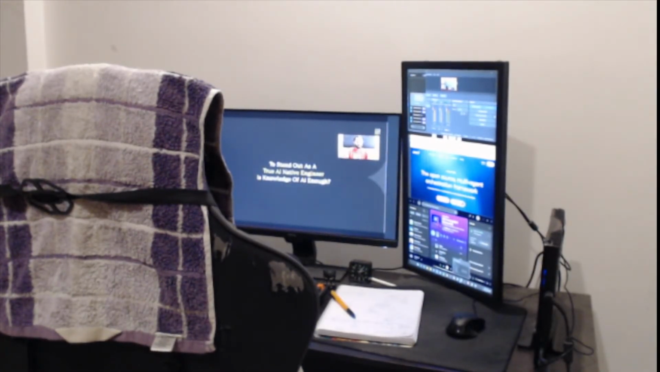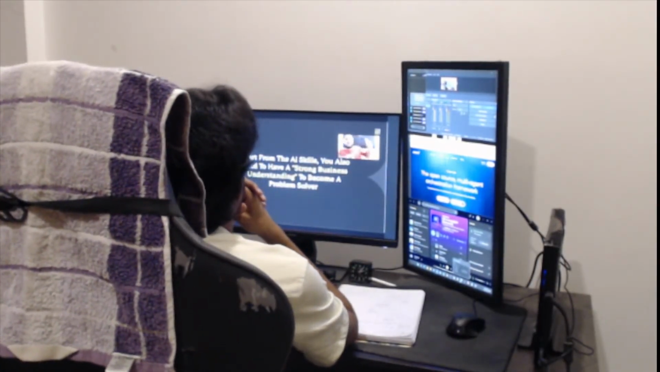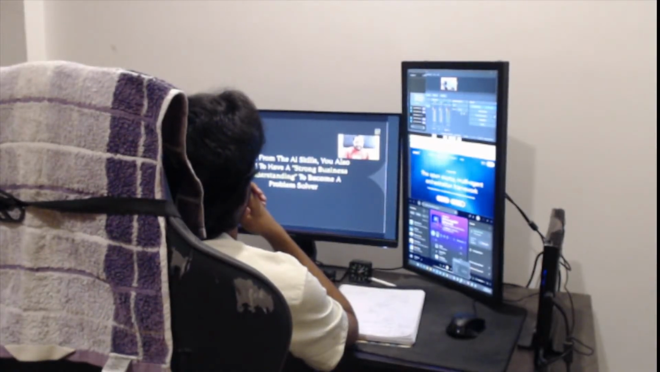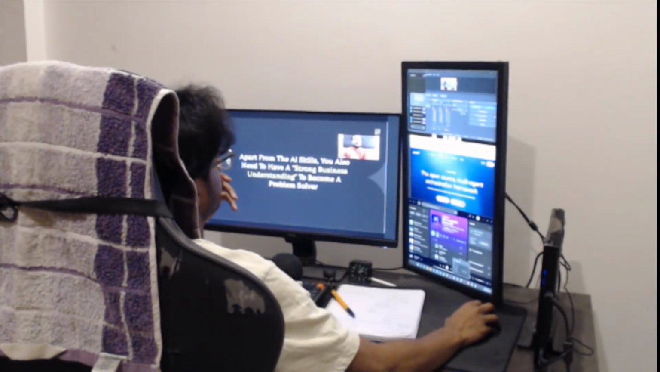Since a lot of tools, since a lot of models have come up, since a lot of platforms are now building real production grade applications with AI, definitely the bar is up, right? But the teams are also shrinking, right? So it means you are going to be much more closer to business. Apart from these AI skills, you also need to have a strong business understanding to become a problem solver. Imagine you are an engineer, you pick out a problem statement to solve, but right now